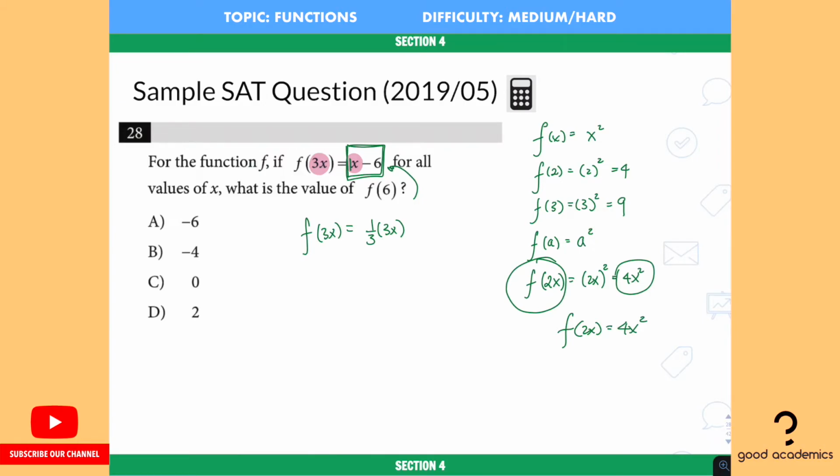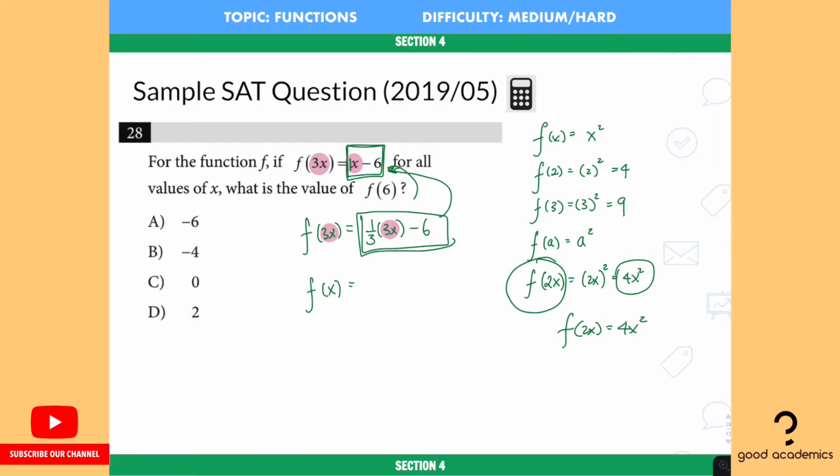The way we can do it is simply by placing a 1/3 in front of it and then minus 6. Now, I want to pause a moment right here. I want to make sure that you really can see how this expression is identical to this expression. Take a moment, see for yourself to make sure that these two expressions are identical. It is very important that you know it's identical because now I can see the 3x right here, and I can see the 3x right here. So that means if I work backward,